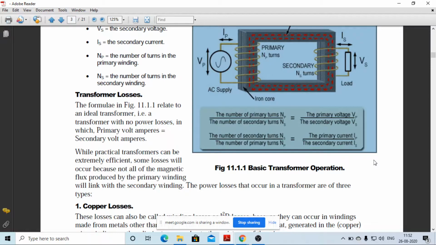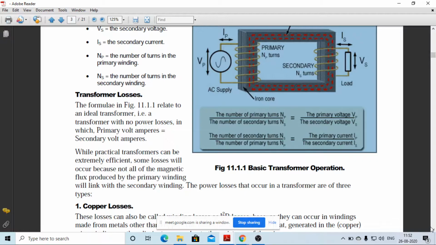V is equal to IR. So when it is in the reverse form, V divided by I is equal to R. So your resistance you can take as a constant. So for the current it is reverse, but generally you can remember the turns ratio as Np by Ns is equal to Vp by Vs.